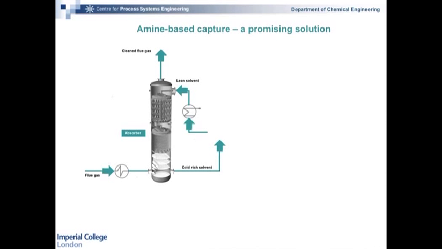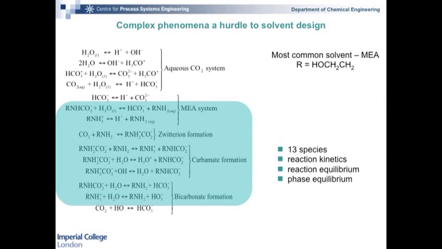And so now we have to use a desorber to clean our solvent and separate the CO2 at the top. And we have to use a lot of energy for this reboiler in order to be able to regenerate the solvent for it to go in a loop. Okay? So this presents some more challenges because of the reactions. The physical phenomena are much more complex.